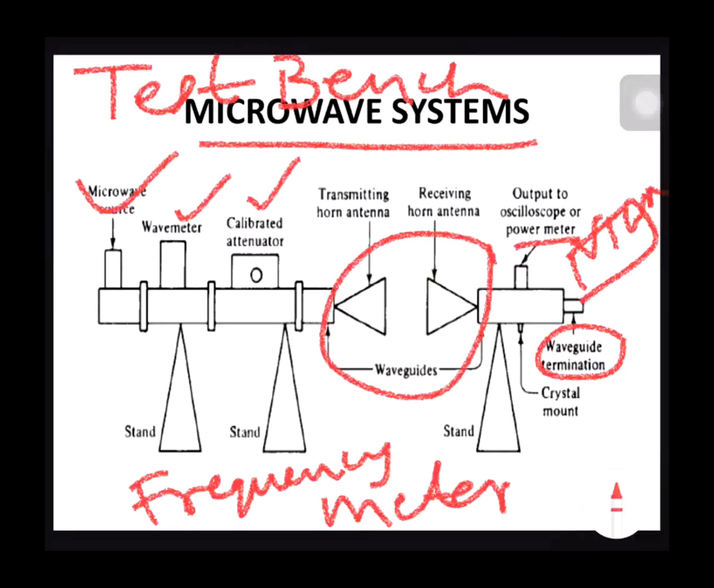So, a microwave system normally consists of active devices and passive devices, like the microwave source. The second is the wave meter, or frequency meter. Next, the attenuator. This is on the transmitter side. And here is a system for transmitting the signal. Here I am making use of an antenna, which is one of the devices capable of